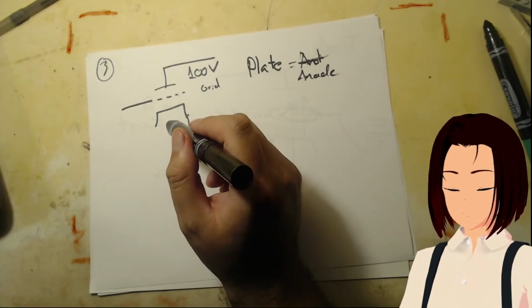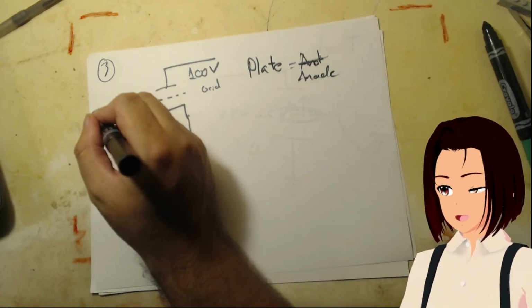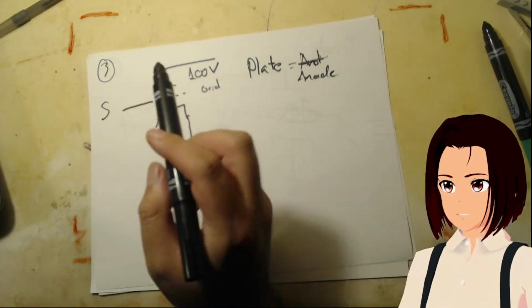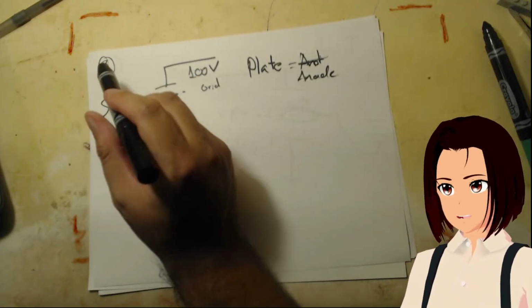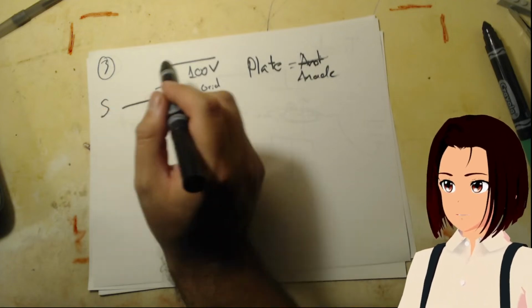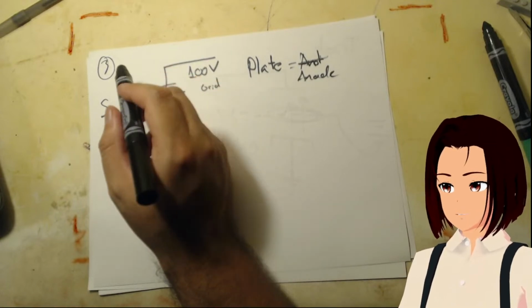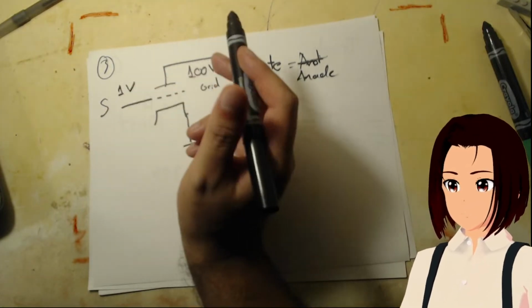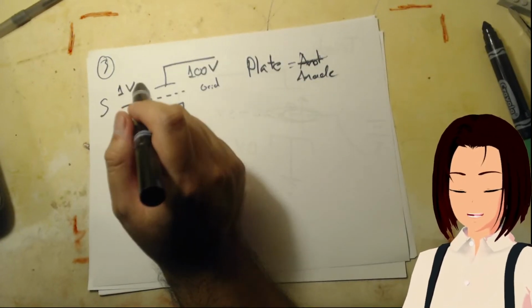What we can do is introduce a signal here. Let's call it signal S. The signal here may not be as strong as the 100 volts. Maybe it has a maximum amplitude of maybe 1 volt, so to speak. And when it goes in there,